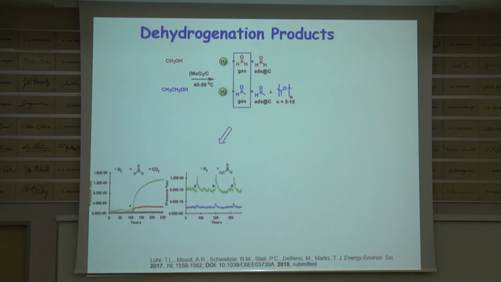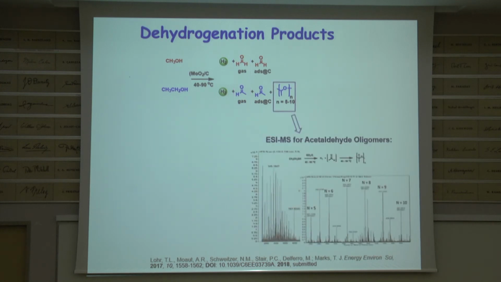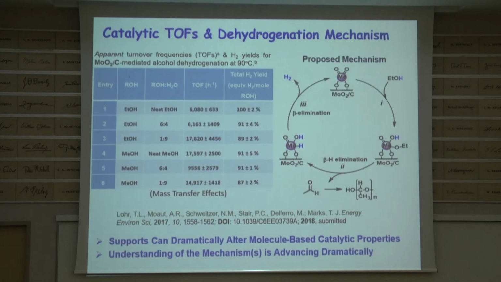So she's done all sorts of volumetric experiments. Here's one where we give it a shot of alcohol, and you can see hydrogen evolved at each shot, and it just keeps going on and on and on. We've done multiple cycles. The mass spec, you can see the aldehyde. This is acetaldehyde. You can see all the oligomers. So it really works, and the numbers are impressive. So even in aqueous alcohol solutions, the turnover frequencies, and these are, I think, 90C, are really quite high.